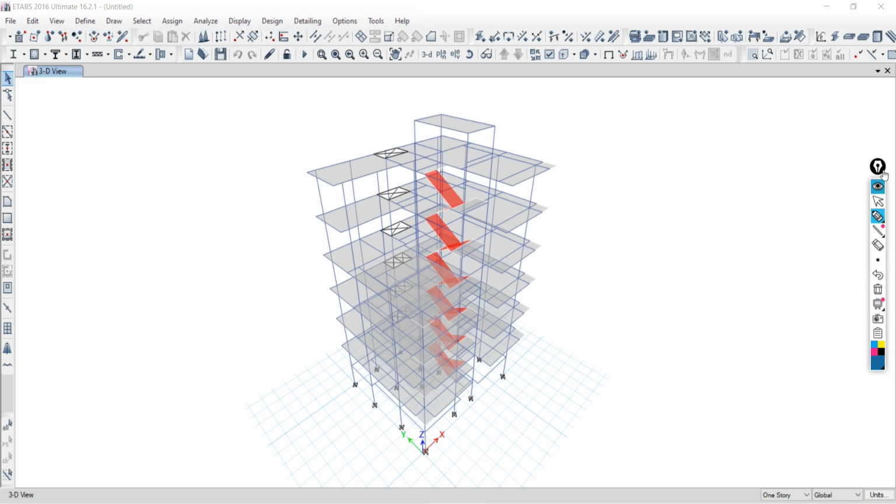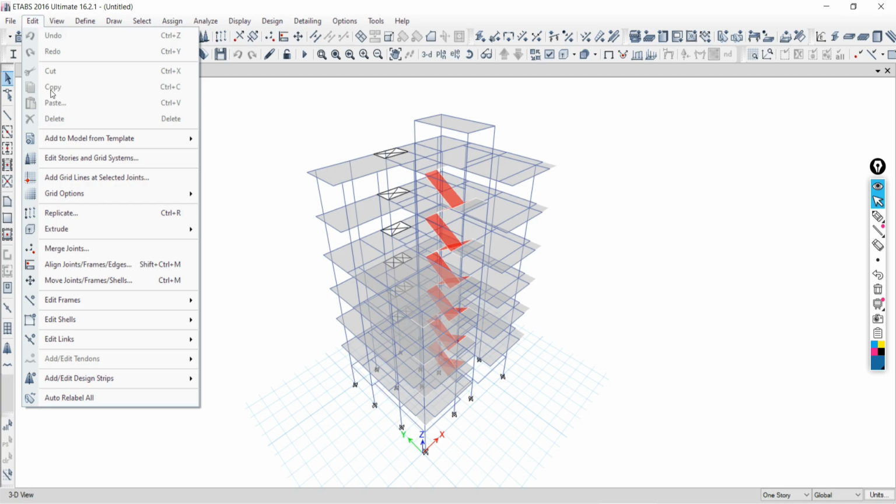Main menu bar means all the options, all the steps, all the actions you can perform through the top main menu bar. If you are going to perform any edit work, delete work, dividing the beams, dividing the slab, adding the beams, adding the slab, expanding the slab, whatever editing work you want to do, you have to go with the edit option.